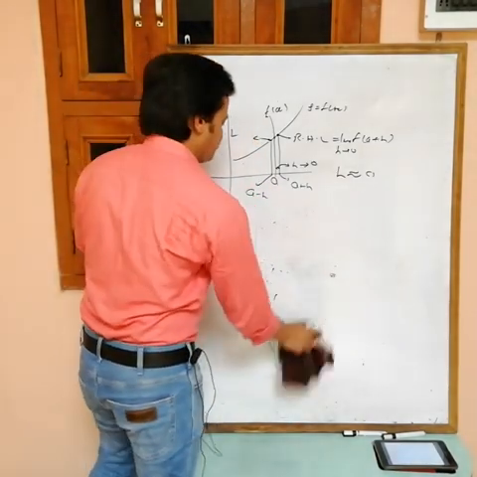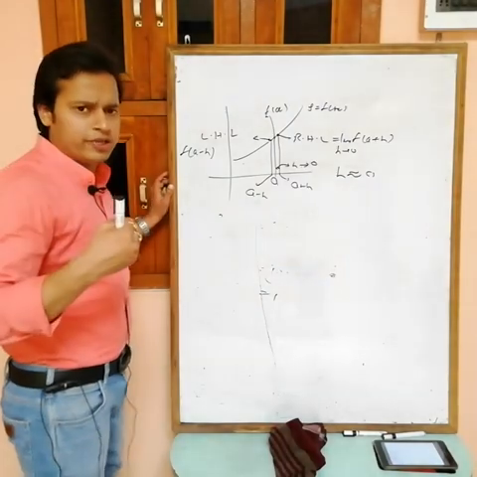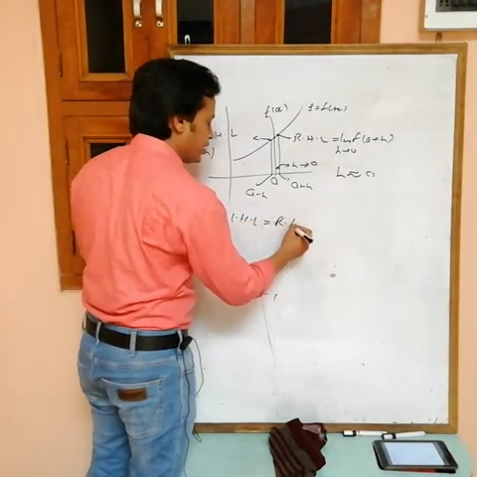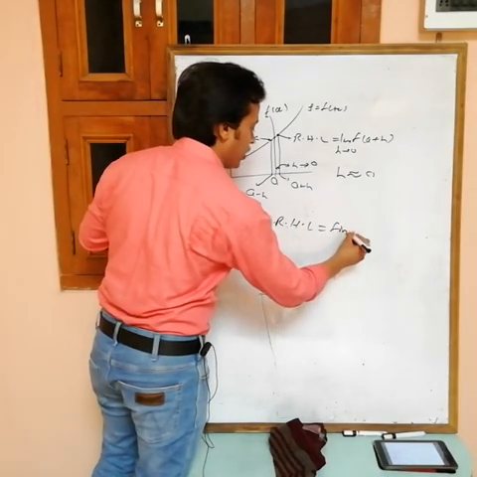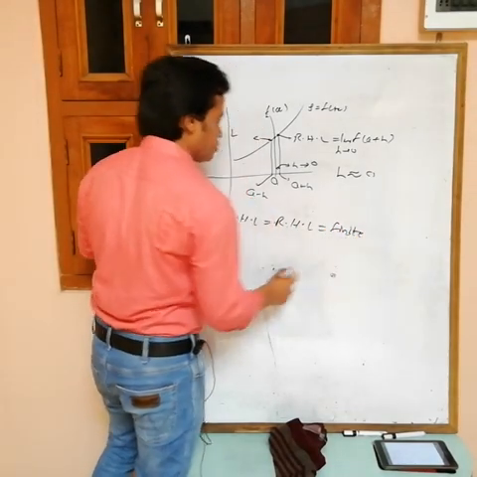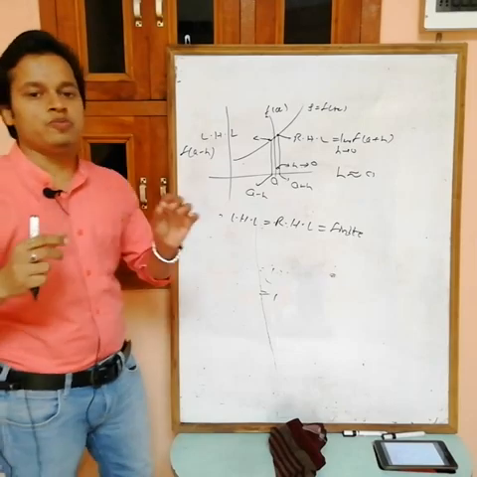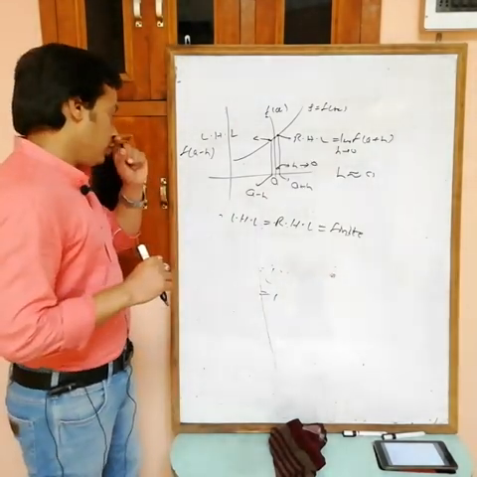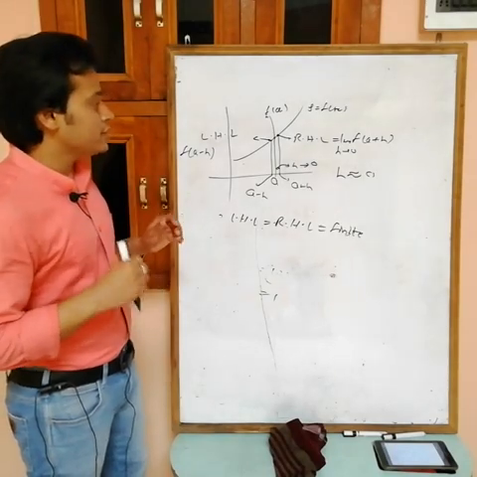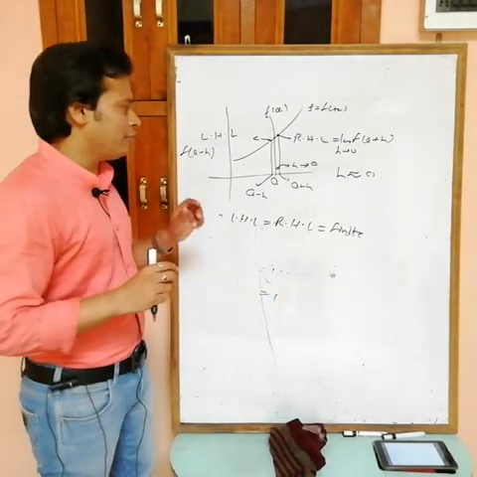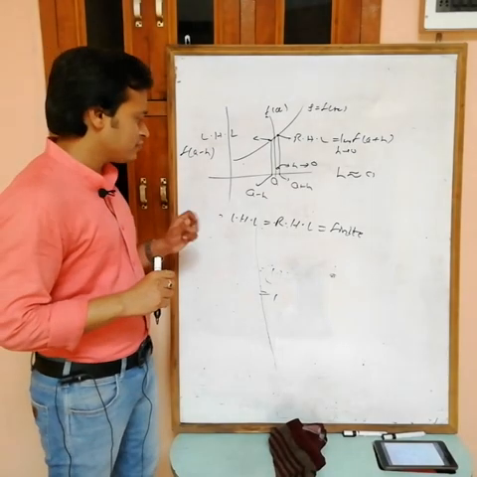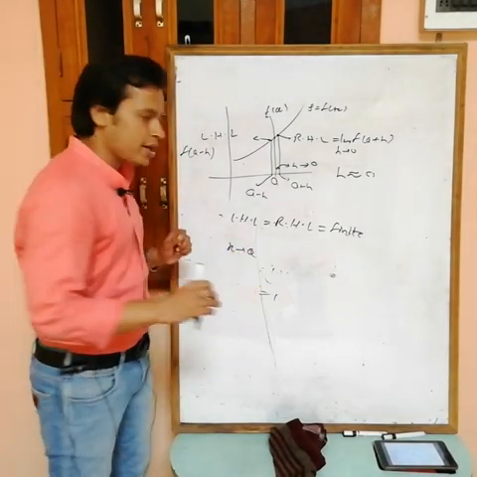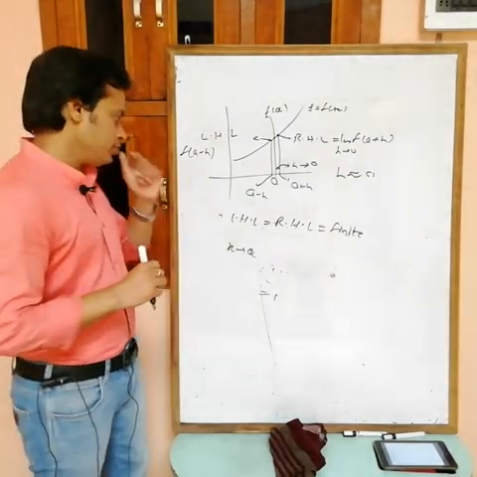The limit exists at any point x equals a if LHL equals RHL equals a finite value. So both must be equal and this value must be a finite value. Then the limit is said to exist. And next, here h is greater than 0 tending to 0 but approximately equal to 0. Anything else? x tending to a means x approaches a but is not equal to a.